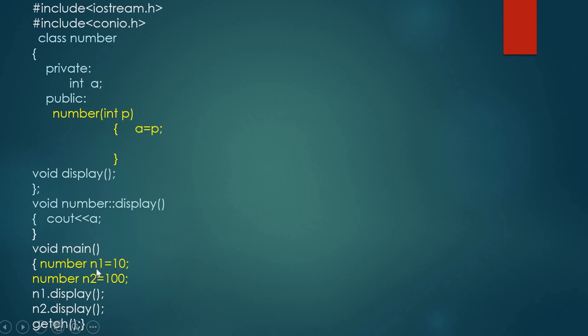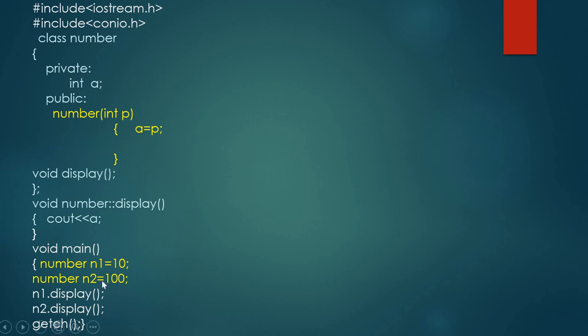Here the object n1 is initialized with the value 10. This 10 is passed to this P. This P will get the value and A will get the value 10. So the object n1 is initialized with the value 10.